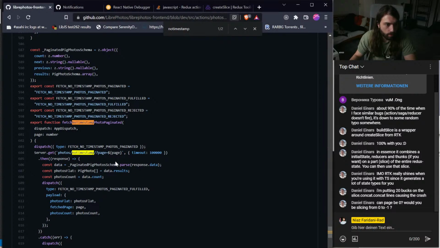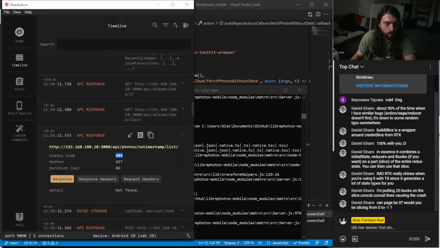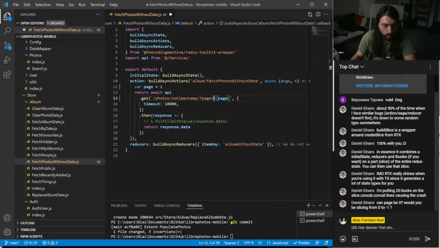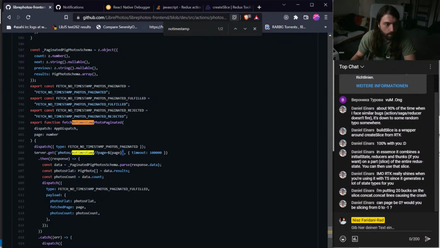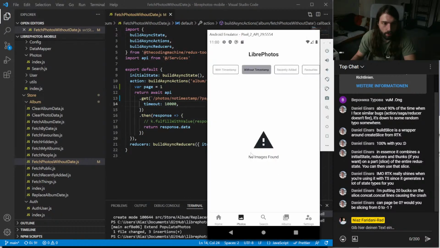No. That's with these backticks. Right. Page equals. Let's go back here. Yes, page equals. That looks good. So if we now go here and save, then it should technically load the first page now.